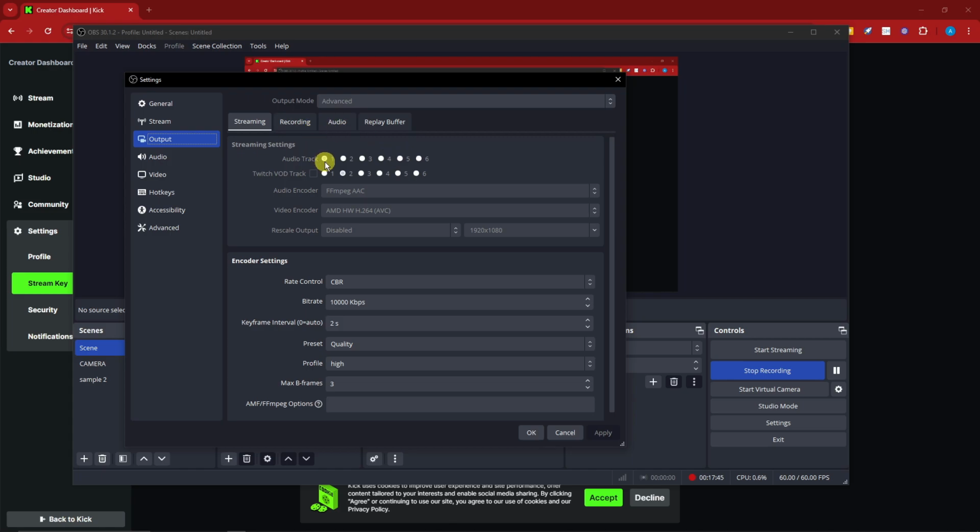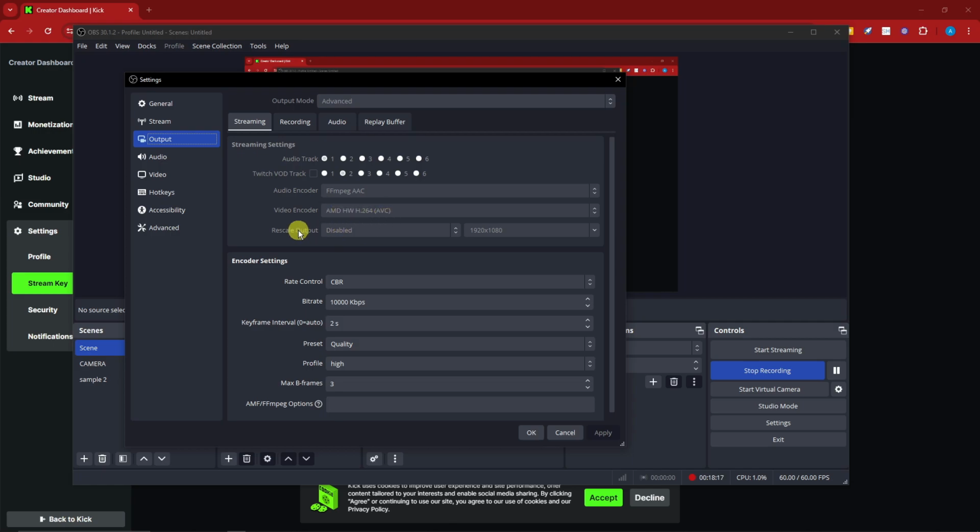Moving on with the encoder and video encoder, make sure this right here is gonna be by your GPU. As you can see right there, I have an AMD, so I'm choosing this one. If you have an NVIDIA, please choose it and avoid using the default one. The default one, I think it would be called X264. What it does is it's getting the power from a processor instead of getting the power from your GPU. Since this is a video encoder, please utilize your graphics card or GPU and never